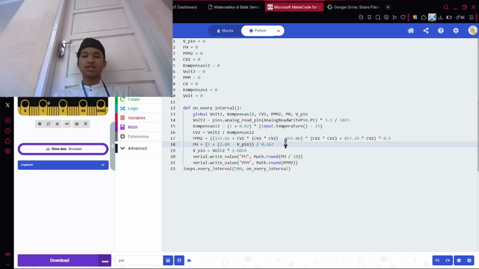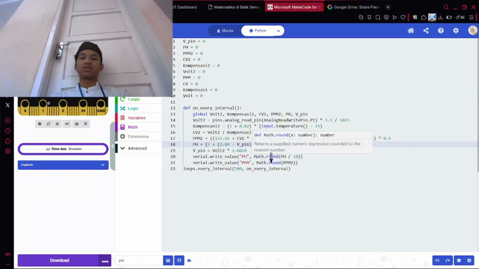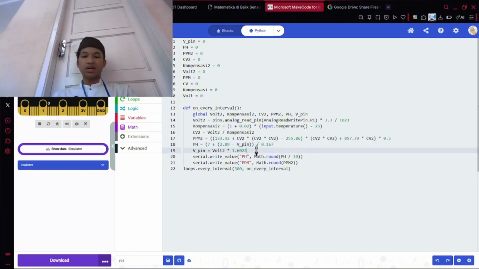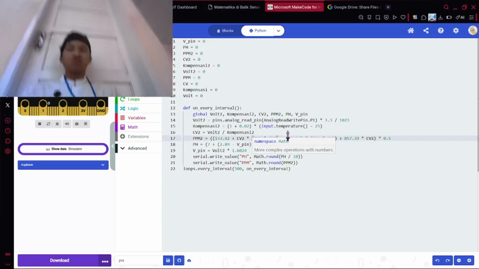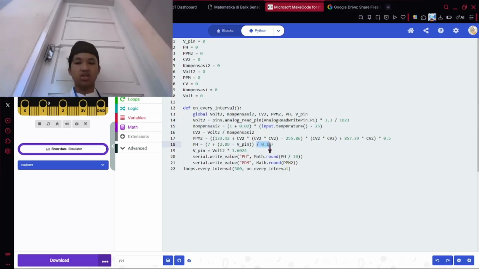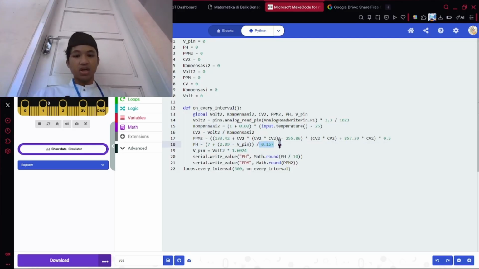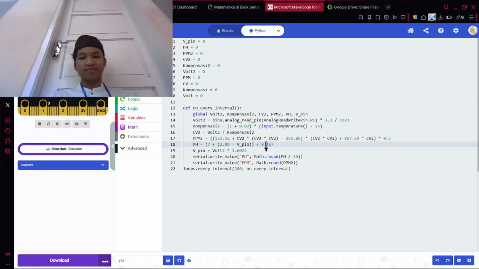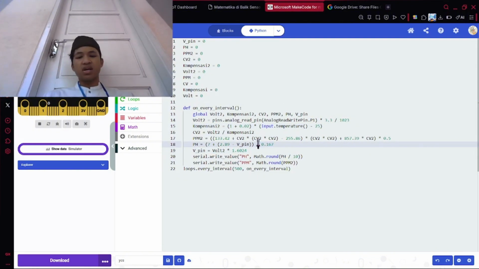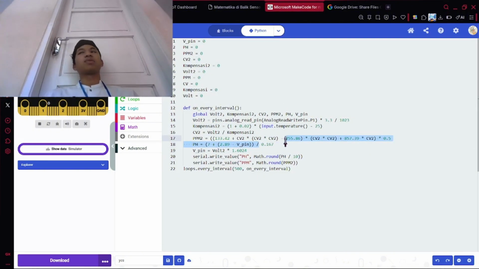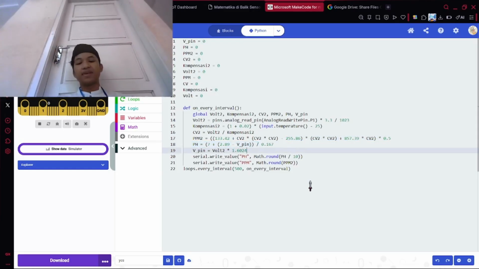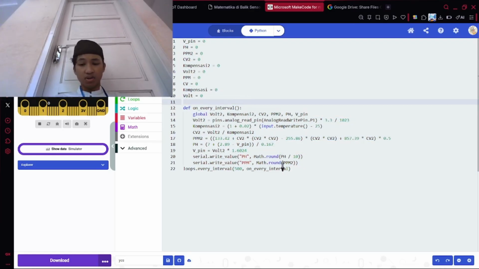0.167 is the number that you get after you subtract pH by 1 or add pH by 1. For example, if pH goes from 7 to 8, that's adding 0.167. The same goes when you go from 7 to 6, you'll get minus 0.167. So basically, that is for the code in the micro:bit MakeCode that will repeat every